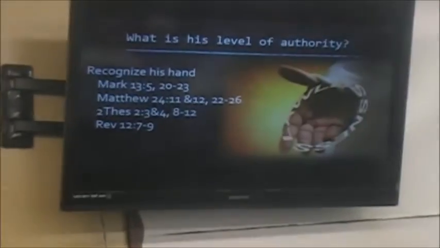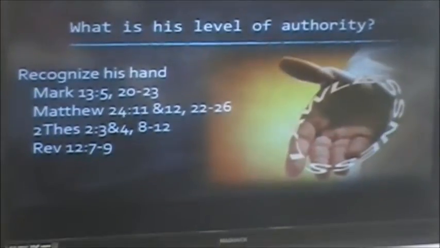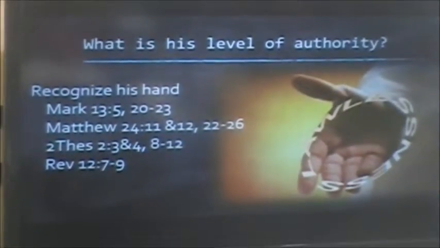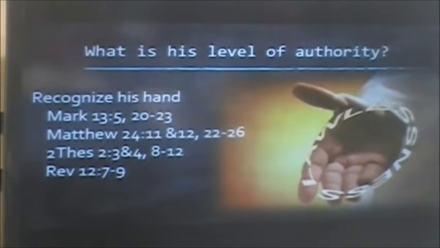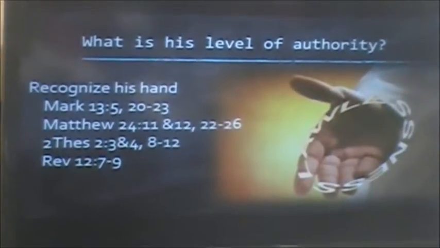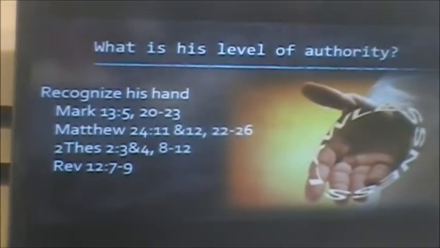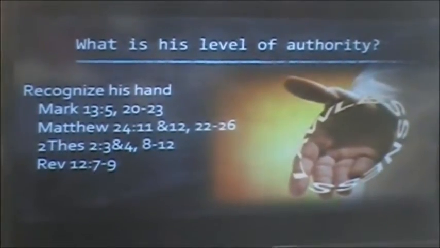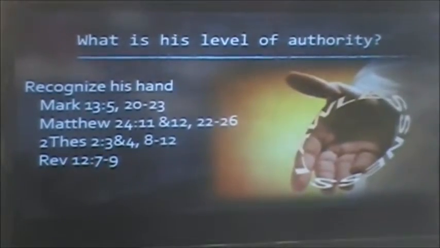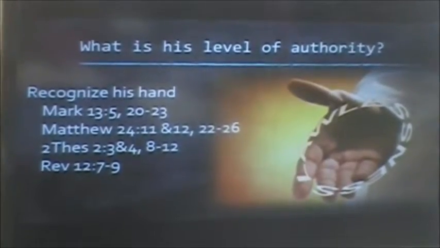And so let's now go into, we've gone through Thessalonians. Let's go over to Revelation chapter 12. We're going to read verses 7 through 9 in Revelation. And understanding, again, we're going to talk a little bit later about more directly his future. But right now, I want us to stay in the place of recognizing his hand. And so far, we see that he's lawless, that there's delusion involved, that he's trying to trick folk, and that the elect are included in that, right? And so chapter 12, verses 7 through 9.